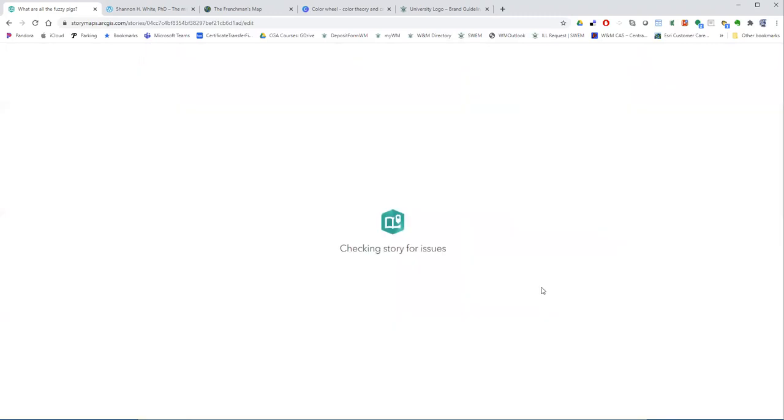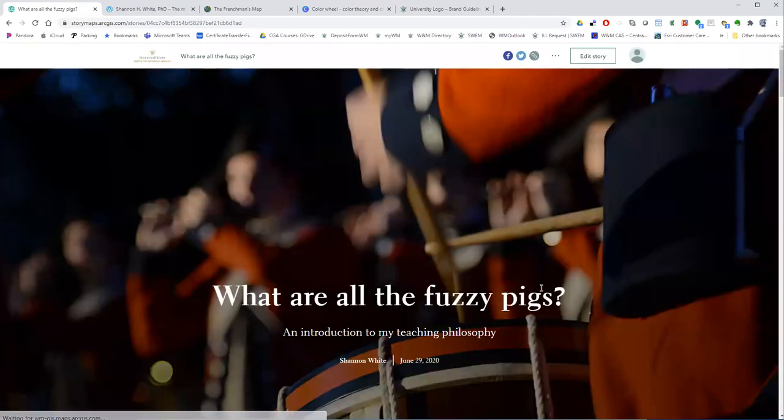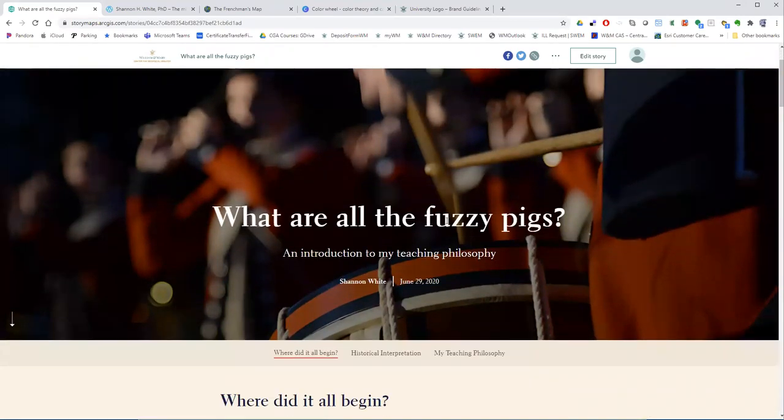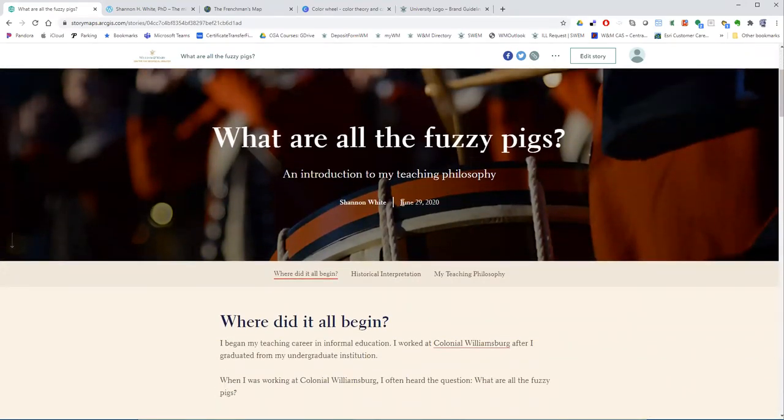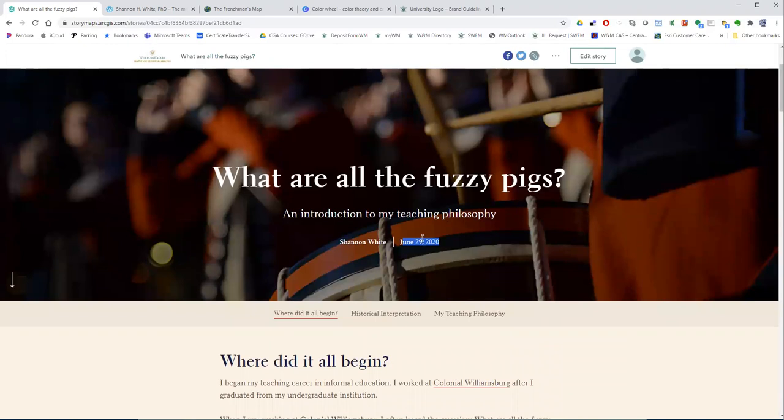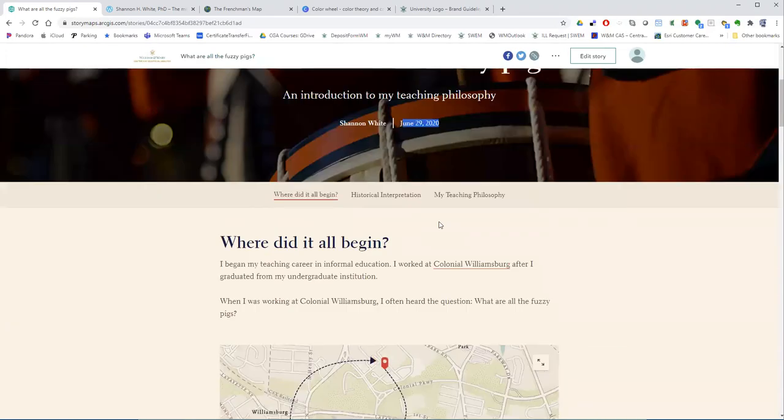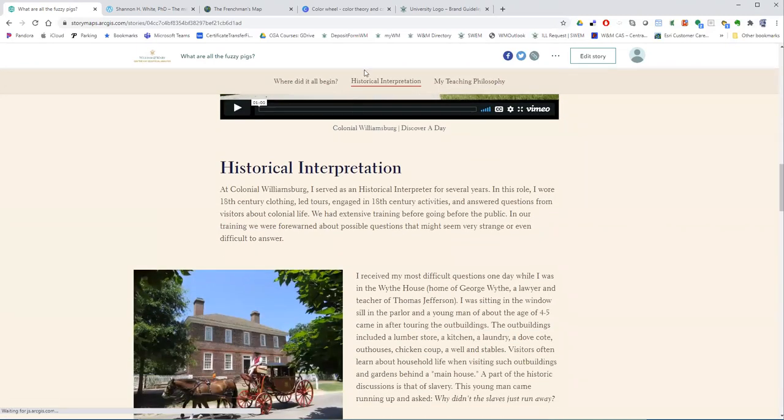Once I click publish, it's going to go through and find all of the parts and pieces of the story map and make sure that there are no problems. If there's a problem, it will show up. Every time I edit it, it will actually change the date and update the date. So in this case, I've had to redo some videos, and so I've updated this to June 29th, 2020. This URL that's right up here is where my story map is located. But if you notice, I can share this on Facebook, I can share this on Twitter, and I have a